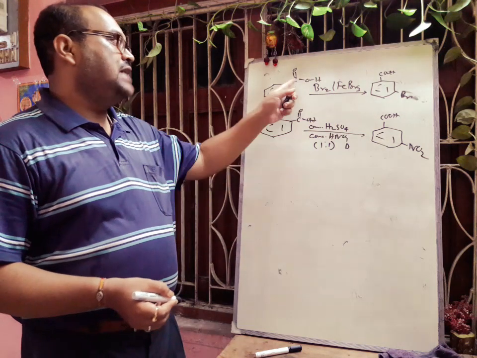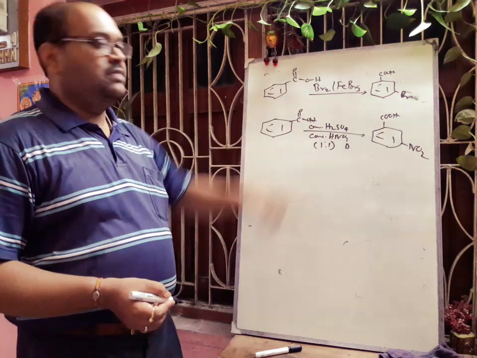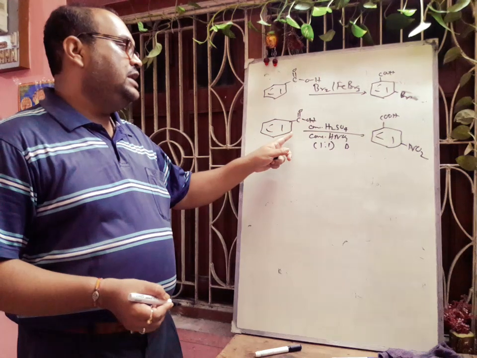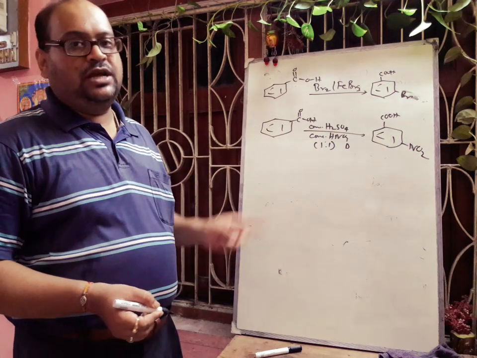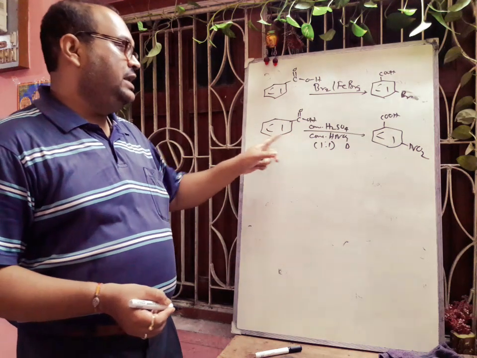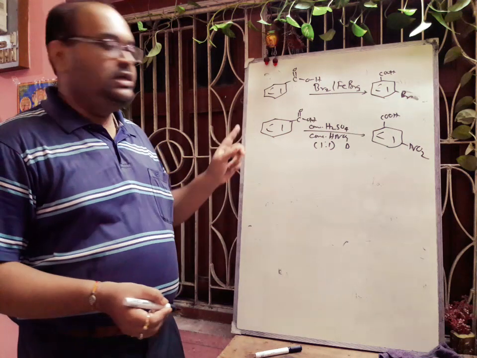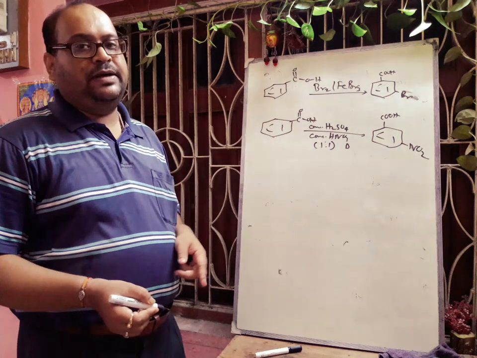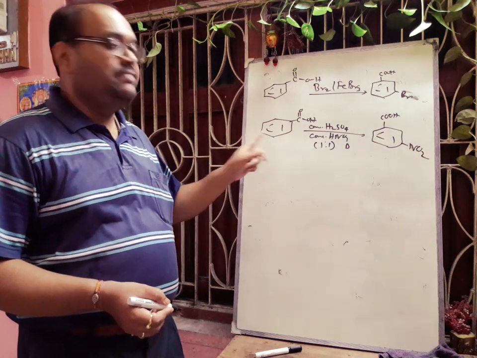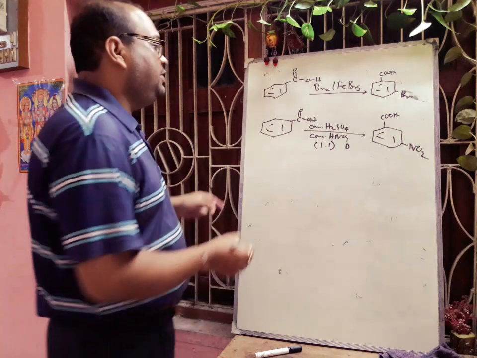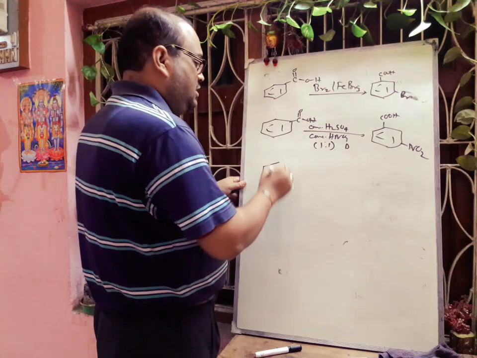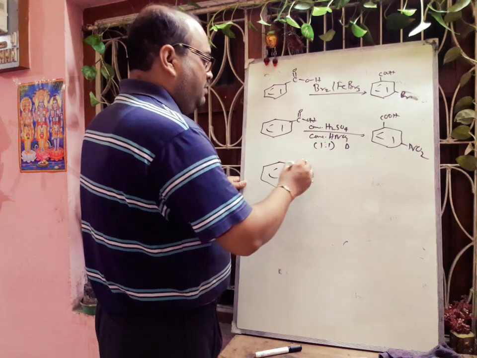Because of the minus I effect or minus R effect of the carboxylic group, it will reduce the electron density at the ortho and para positions. So there will be no electrophilic attack at the ortho and para positions. There will be electrophilic attack only at the meta position. Okay. Next, if we want to do the sulfonation reaction, if we take this benzoic acid